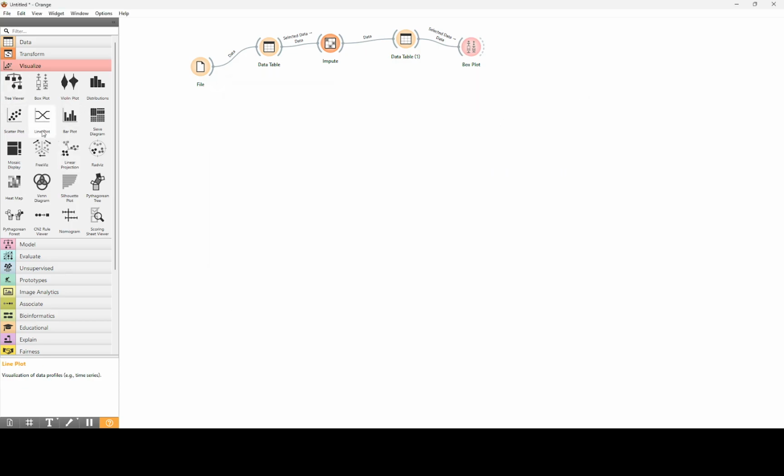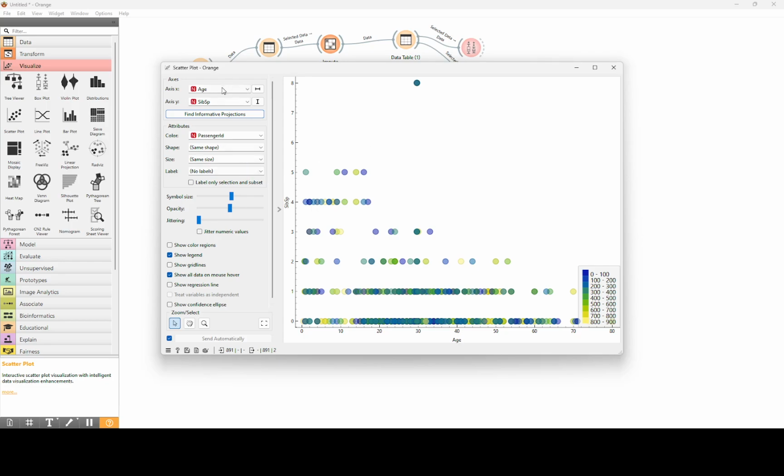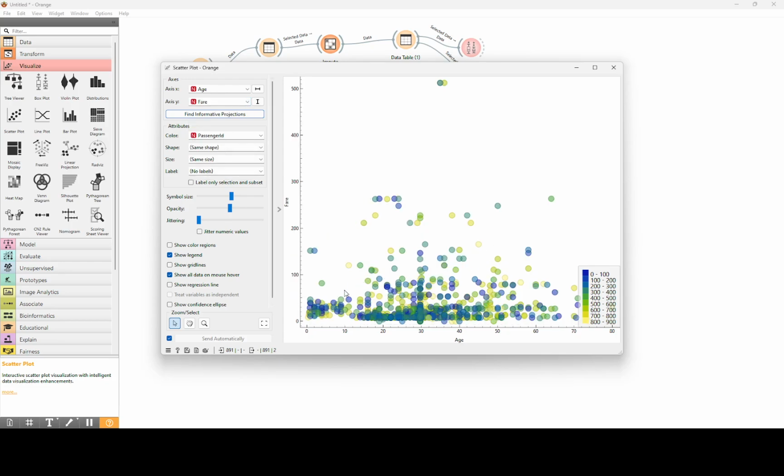Another thing is the scatter plot. For example, if you want to see how the data is displayed, according to the age and with respect to its siblings, this is the graph, right? Age to fare, we can see that the fare is less for the lower age and the higher age, and the fare is high for the middle-aged people, right? So in this way, by visualizing this data, we can get an overview of how the data is